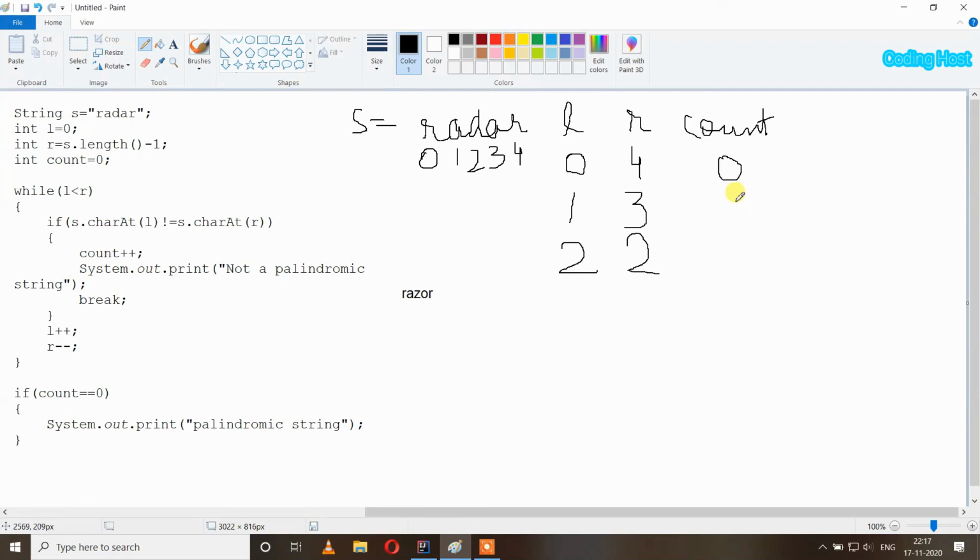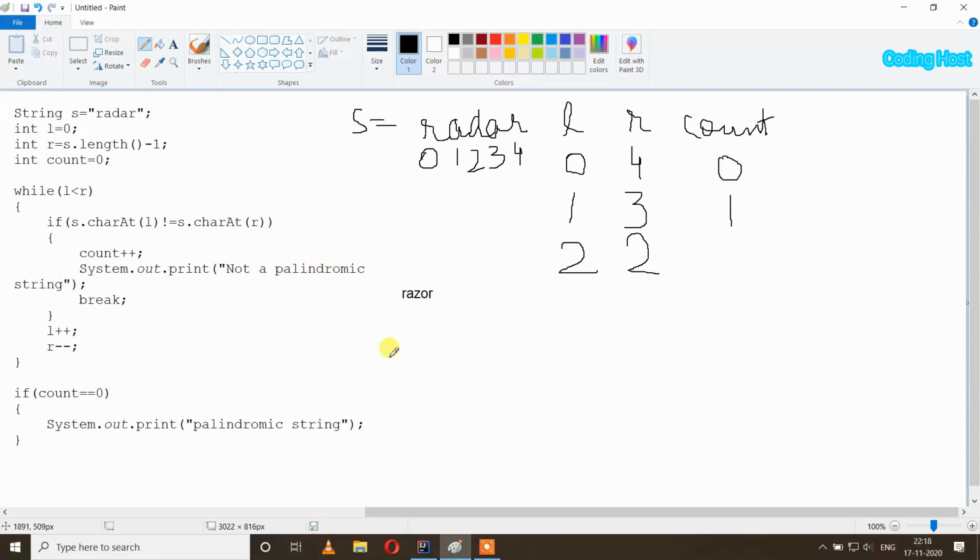At that time the count variable will become 1, and after that it will print not a palindromic string, and after that it will break this while loop because we don't require it anymore. And after that it will also check if count equal to 0, so now count has become 1, which means our condition is false and it will not print palindromic string. So in the output we will only get not a palindromic string.